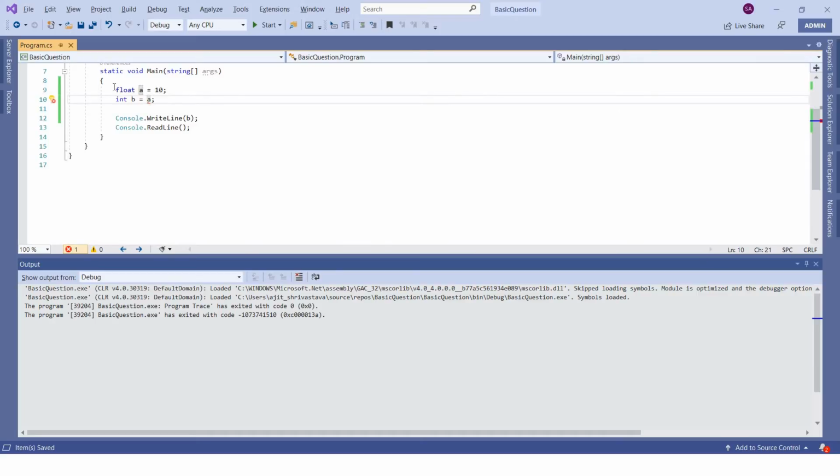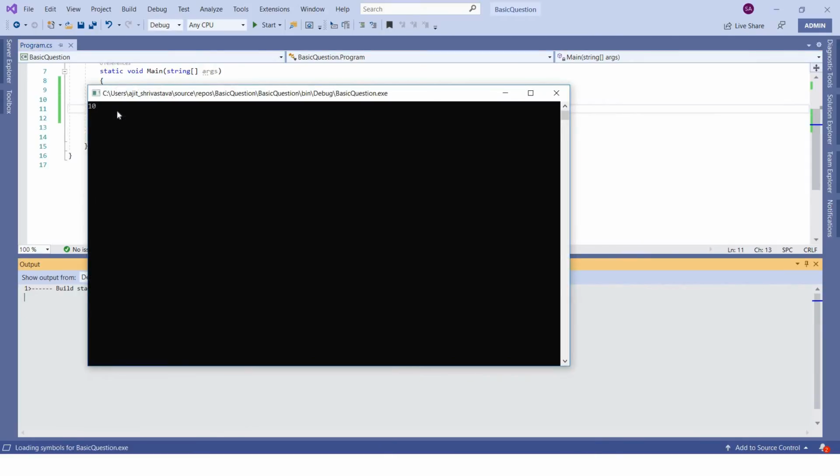So how can you call it out explicitly? One way is to add it like this. What I am saying is I am trying to store the value of a in b, but first convert it into integer type. This statement will convert your float value a to integer and then store it into b. If we print this, it should be perfectly fine.